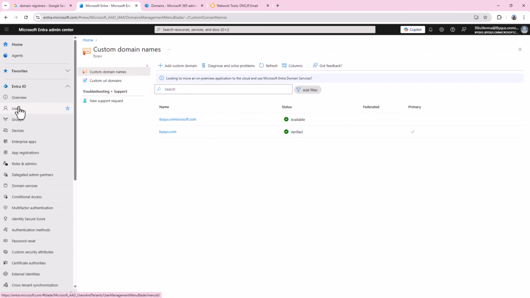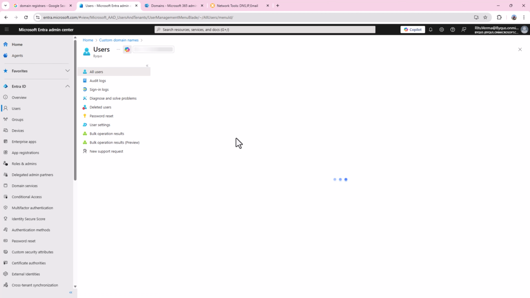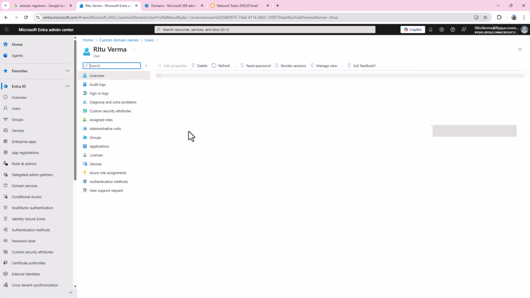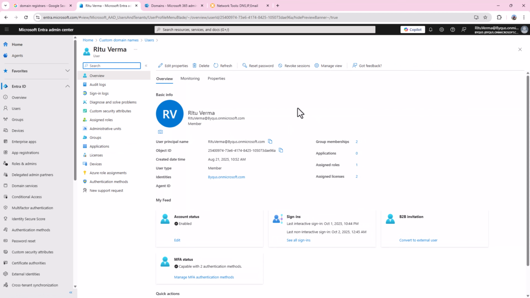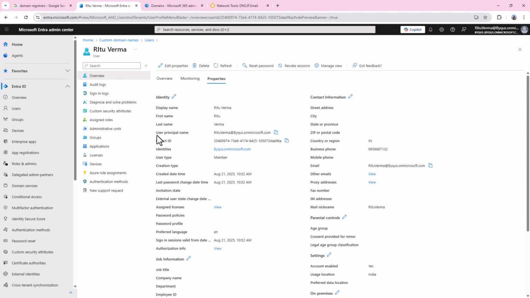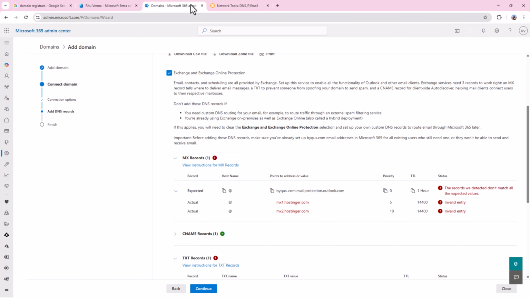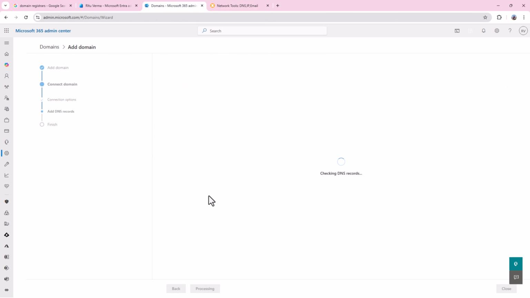Now if you go to users, I have two users there. Now this first user, if I want to change this user's username, I'll go to properties, and here you see user principal name, and in the drop down I can change. Now I do not need onmicrosoft.com. I can simply keep it bycues.com. But using bycues.com, you'll not be able to send emails. So I will keep on waiting for this